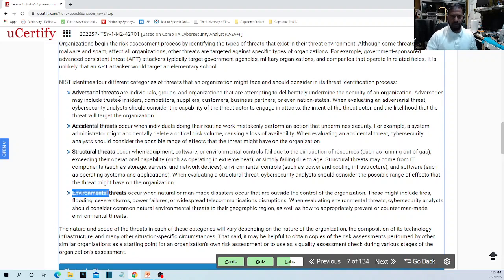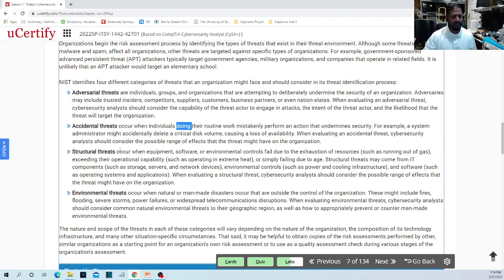Okay, adversarial meaning some other entity, an individual, groups, organization, they could deliberately hack you or destroy your computer system, destroy your data, steal your data, get your secret, critical, confidential information out. Accidental threats, something could happen during your operation. Something could crash, a computer could crash, a software could crash, something data could be lost accidentally, somebody could delete